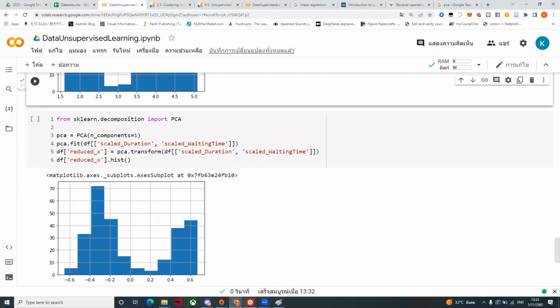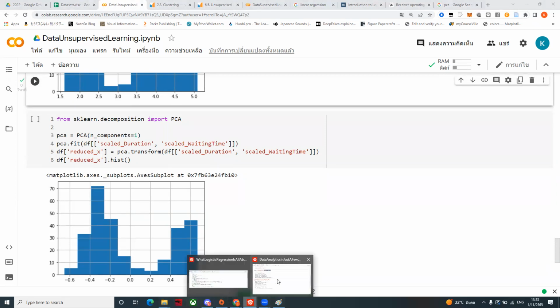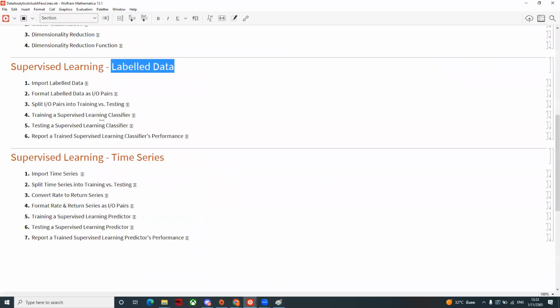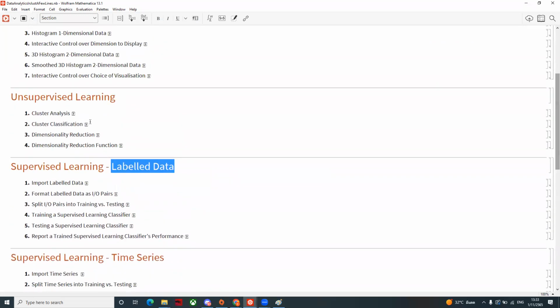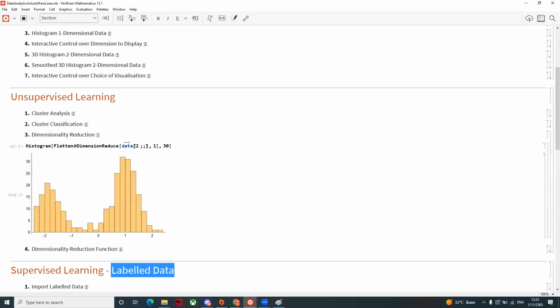Let's see how things work in Mathematica. This is the code if we want to do that in Mathematica. In Mathematica, you can simply,